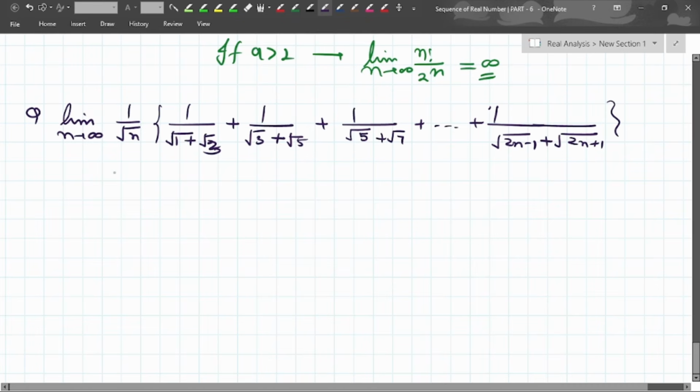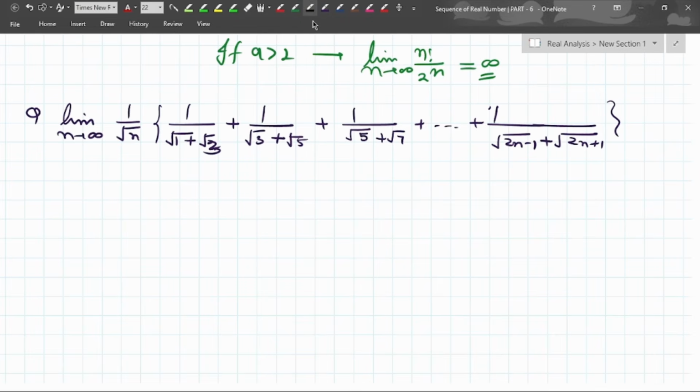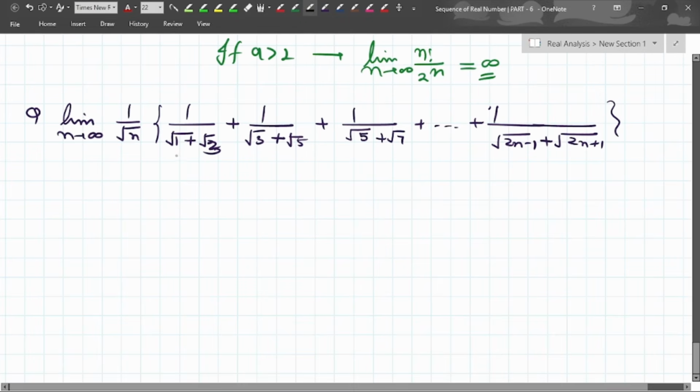So first one is what? Just take the limit of n tending to infinity, whatever you have. Whenever you have this kind of thing, your result is what? I will tell you what is the difference of all these things. The difference in all these terms, let's say it is 2. Whenever you have equal differences in these types of terms,